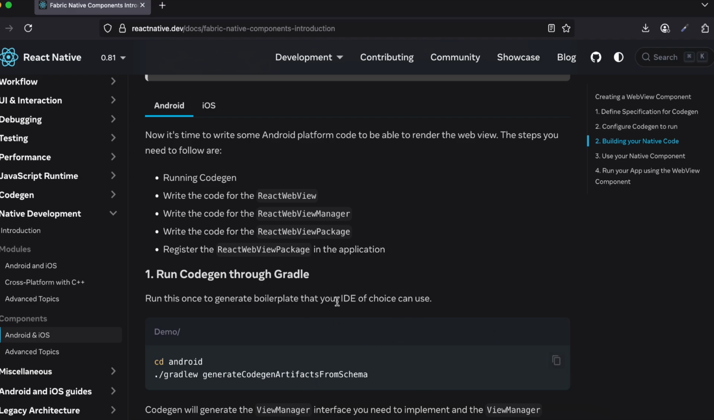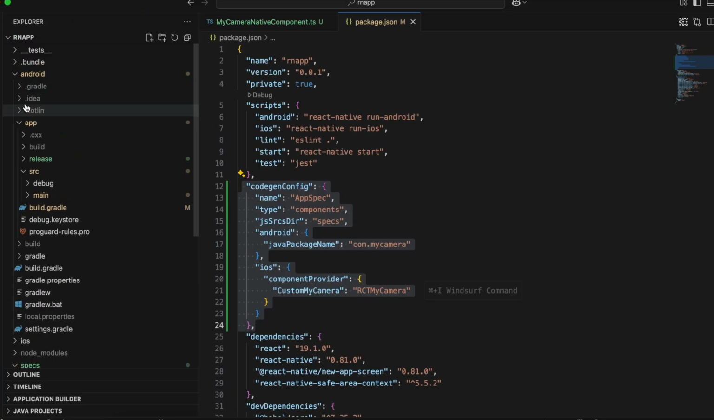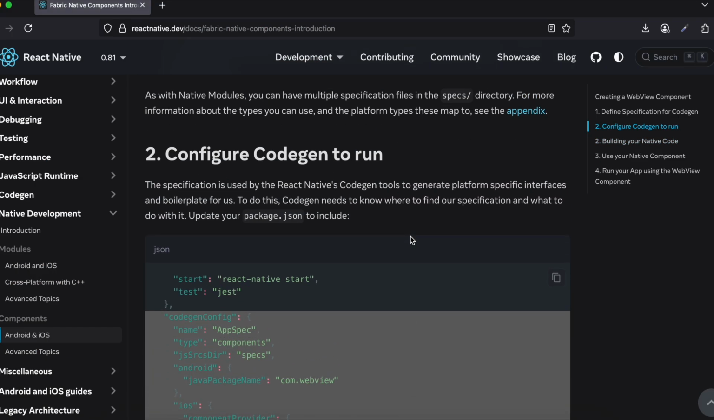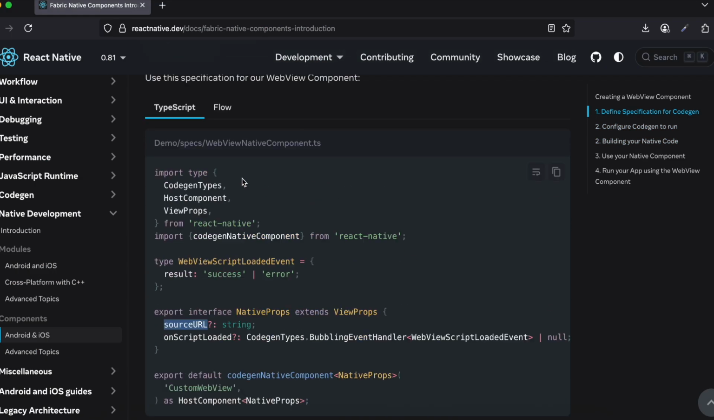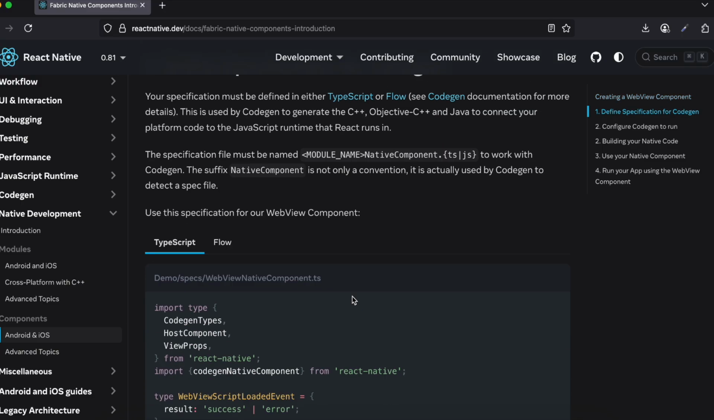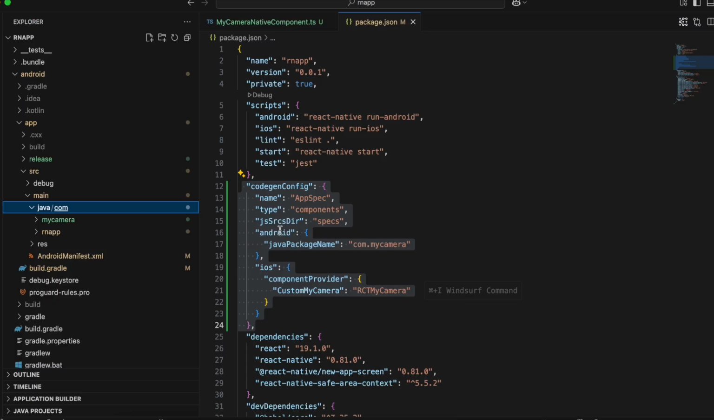So before you run this command, what you need to do is just go to the main Android folder over here, go to app, src, main, java, com, and here create a folder called my camera. Like I said, we won't be creating web view, we will be creating folder called my camera. That's what they have given at the top as well. If you see over here, they have specified it over here, web view, right? But in our case it is my camera. So that's what I have done over here. Once that is done,